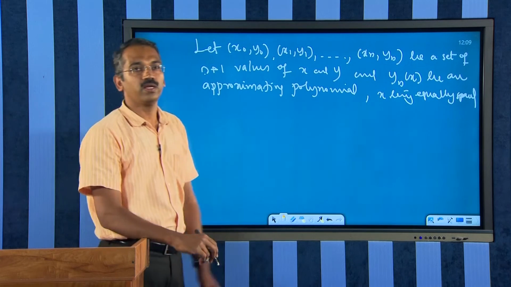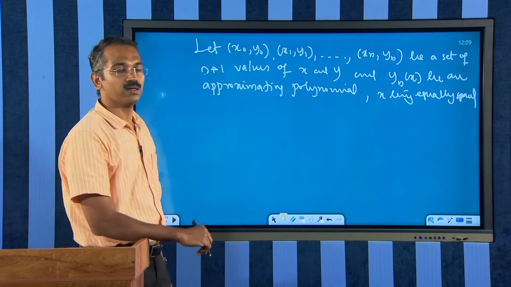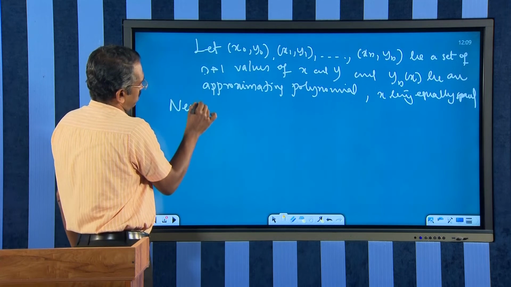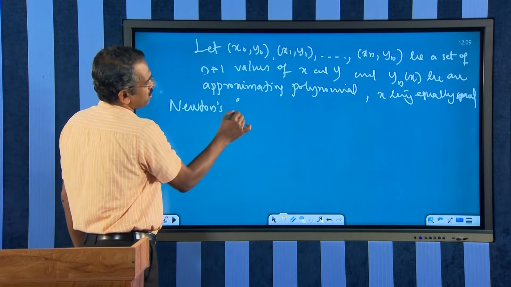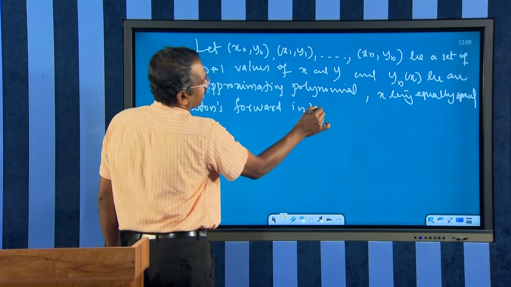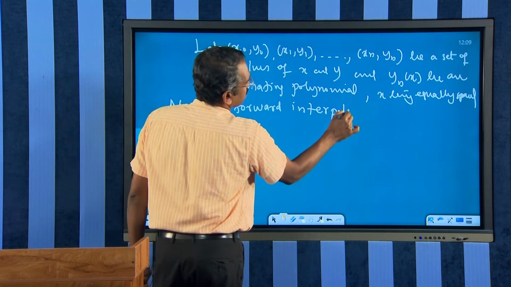Then Newton's forward interpolation formula can be written as